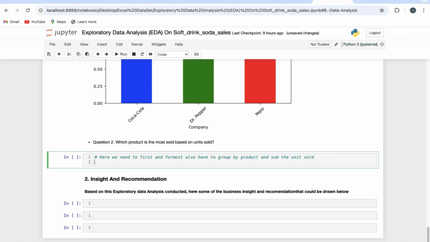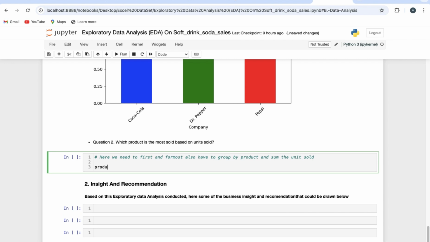with the following code. We say product unit sold equals to the df dot groupby bracket close product, square bracket unit sold, dot sum bracket close. So right now,